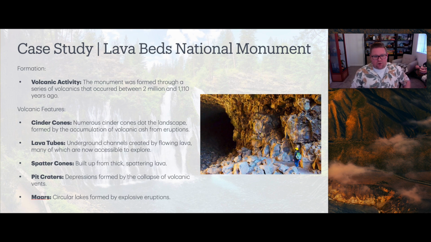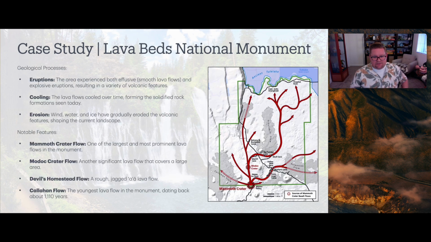We have spatter cones, which are built up from the thick spattering molten material in that lava. We have these very large pit craters, which are depressions caused by volcanic vents, so that all of a sudden you'll have an area that drops down because the cavity collapses, leaving behind this open pit. And then we have these circular lakes formed by explosive eruptions known as maars. So let's look at some of these more iconic